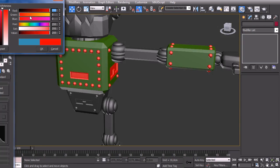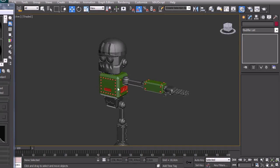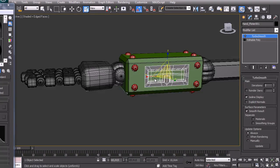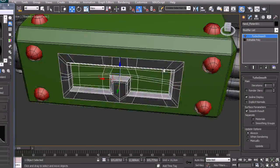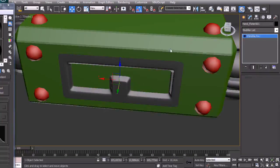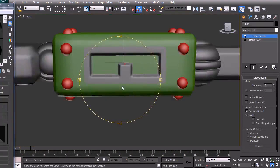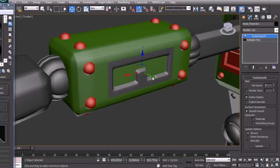Probably a little bit more like darker red, so we have a good representation from different pieces. So you can notice that here we forgot one of the folders, and that's not attached to the arm itself. So just want to make sure if this is with turbo smooth and the other one is with turbo smooth. You can see that this folder is a little bit intersecting. Well, it's not kind of a problem, but I just want to make sure that it's a little bit off,